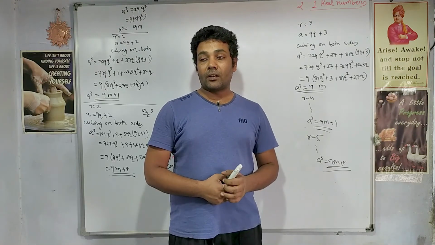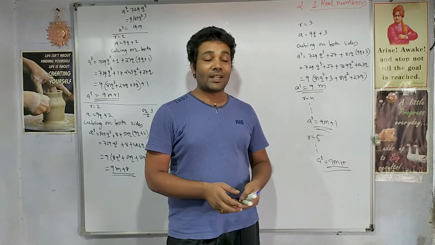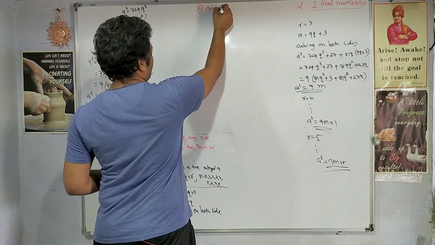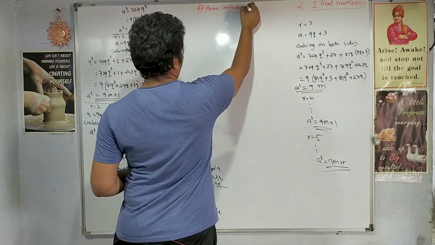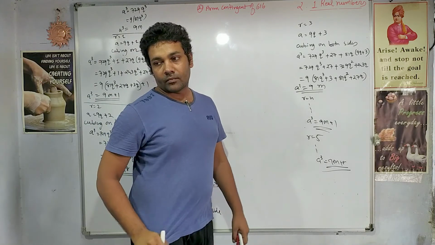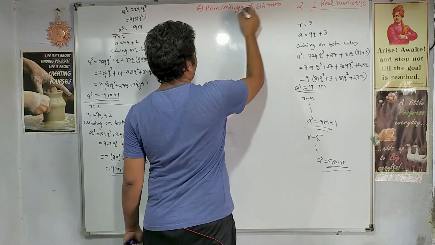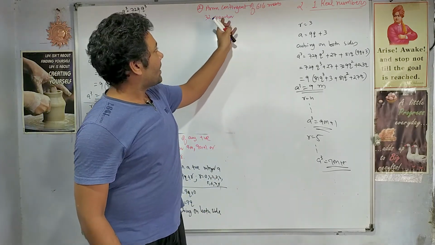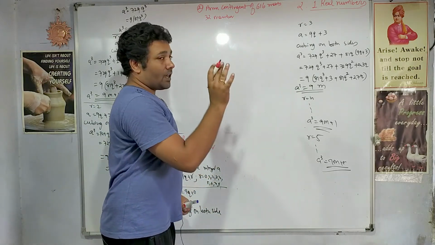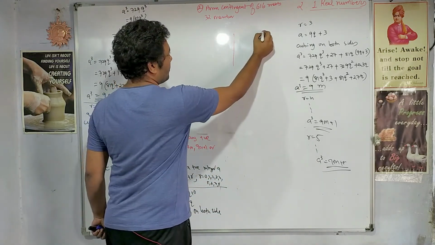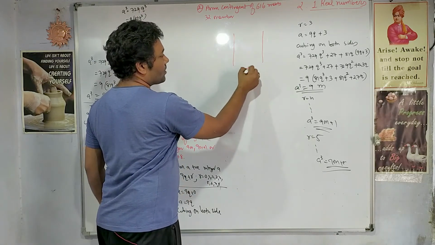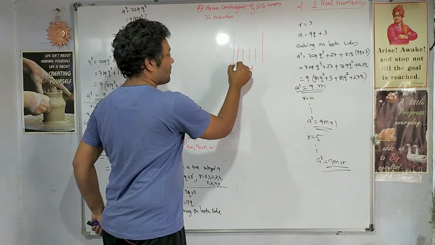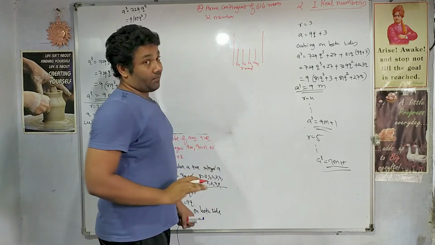There is one more question given, that army contingent of 616 members. This is about the HCF. Second question, army contingent of 616 members, and it is behind 32 members. So there are two contingents, 32 and 616. They are both to be arranged. Now we saw when they move in a parade, this is a road. So in this road, how do they get arranged? They arrange in the form of columns, right? 1 2 3 4. So how many columns? 1 2 3 4.